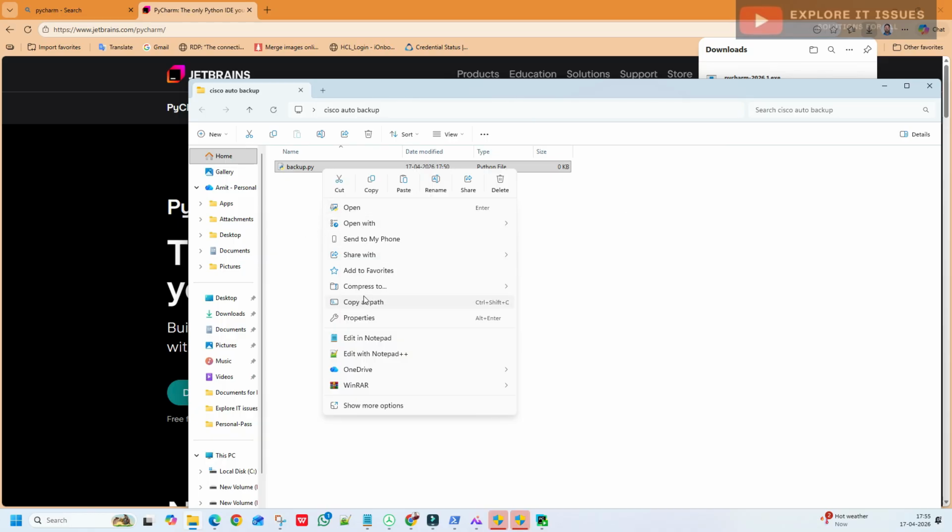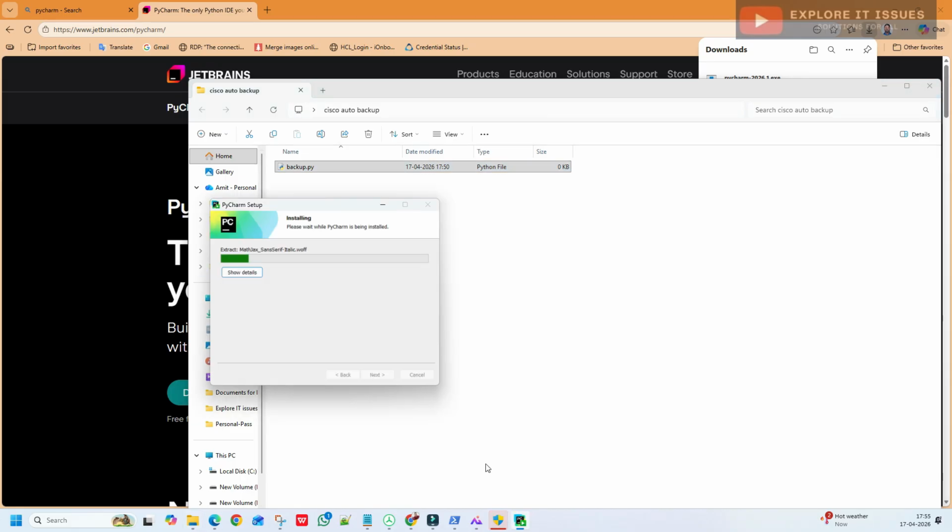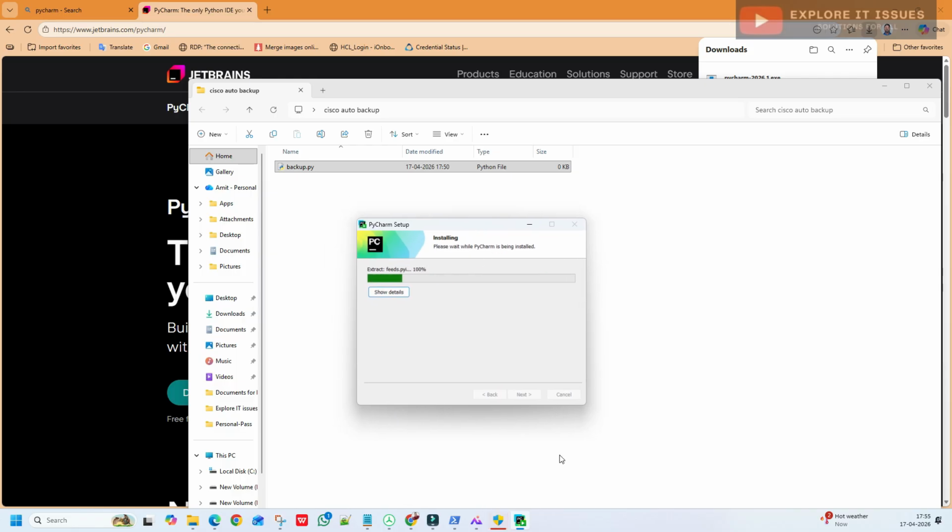I'll do this editing in Notepad, but for the safer side I'm telling you PyCharm is the tool to edit this type of Python extension. Once it's done, I will restart my PC, then connect again, and show you how to edit the script.